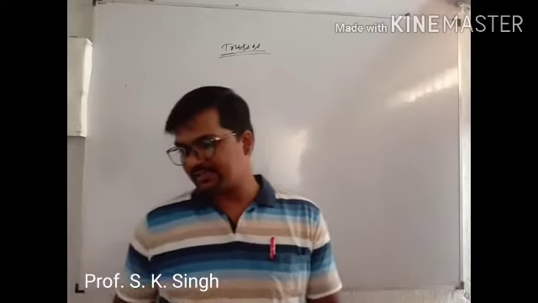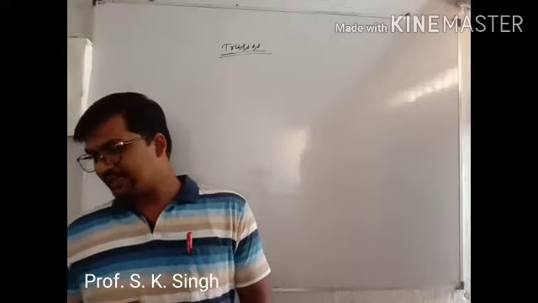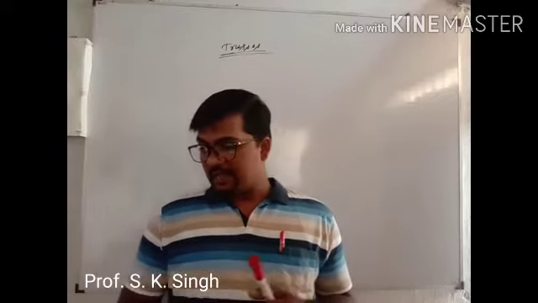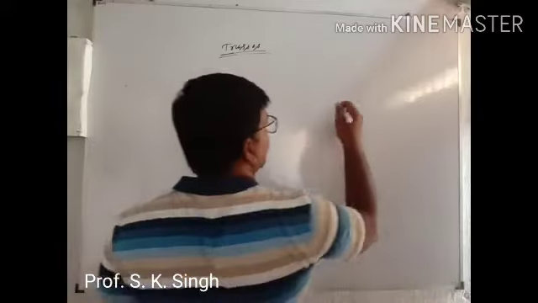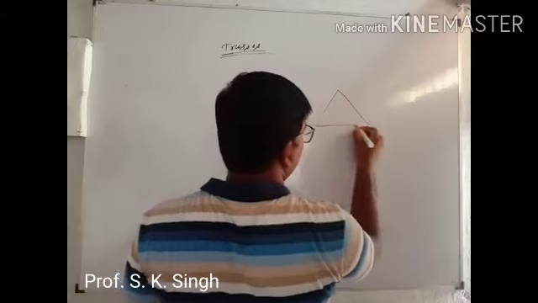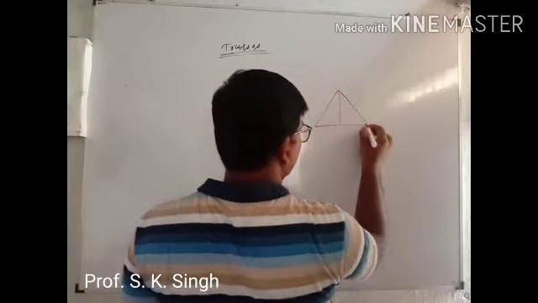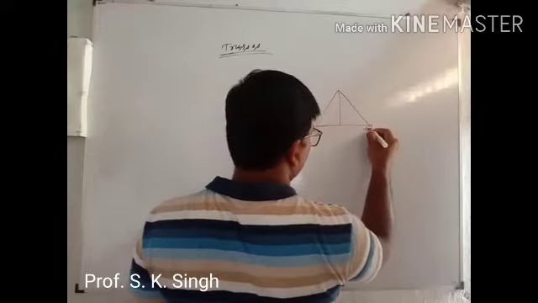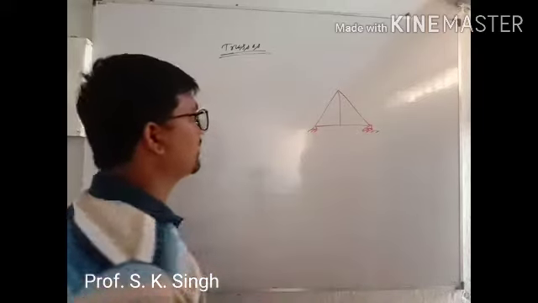A truss is a structure that takes advantage of the inherent geometric stability of the triangle, with evenly distributed loads. This is the type of thing we get in a truss. If I say simply supported, this is the type of thing we will get in a truss.